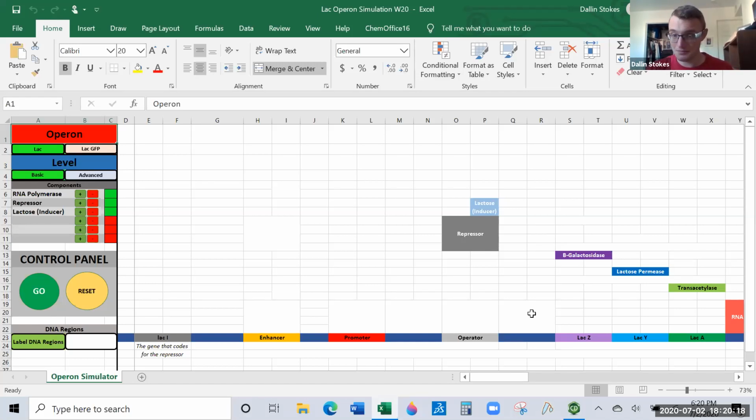Because remember, activated, proteins made. Repressed, proteins not made. Okay. The only difference on problems 2 and 3 of the homework is that a lot of students get confused on this one because we say that it's the Lac Operon, but then we've got this gene, this GFP. We're saying that we're making GFP, and it's like, wait a minute, GFP is not one of these genes. Well, it's true. GFP is not part of the Lac Operon, naturally.